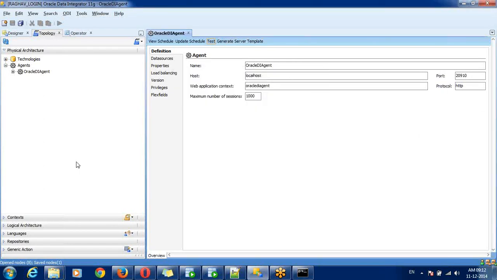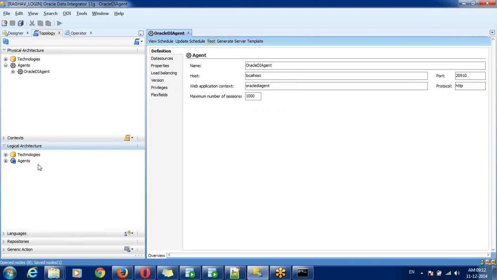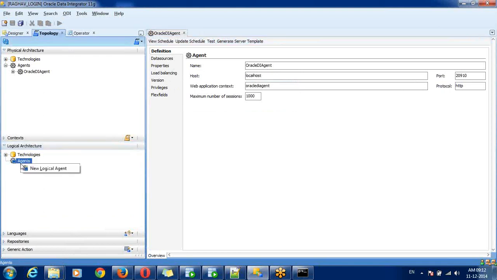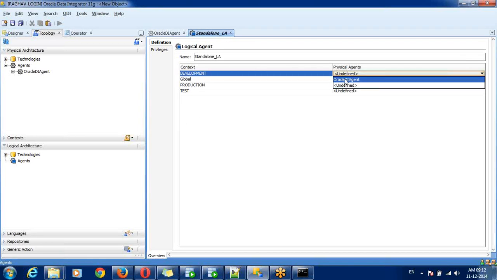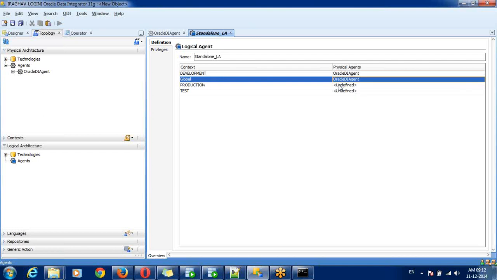Once you have created a physical agent, you need to create a logical agent, because in designer you can only use logical ones, same as for technologies. Select your physical agent.